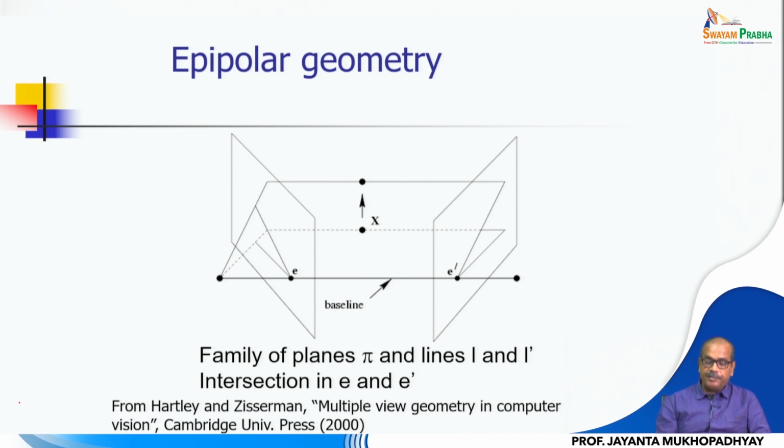As I said, it is a family: the epipolar planes are a family of planes pi, and lines L and L prime. All these things lie on the same epipolar plane. That means epipolar lines, epipoles, corresponding image points, camera centers, and the scene point all lie on the epipolar